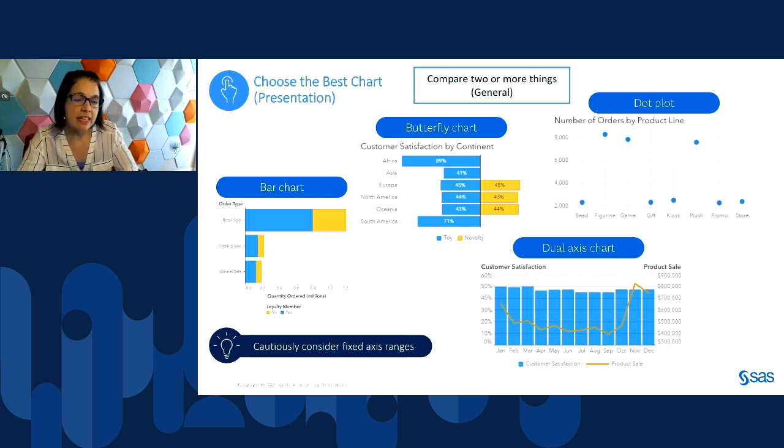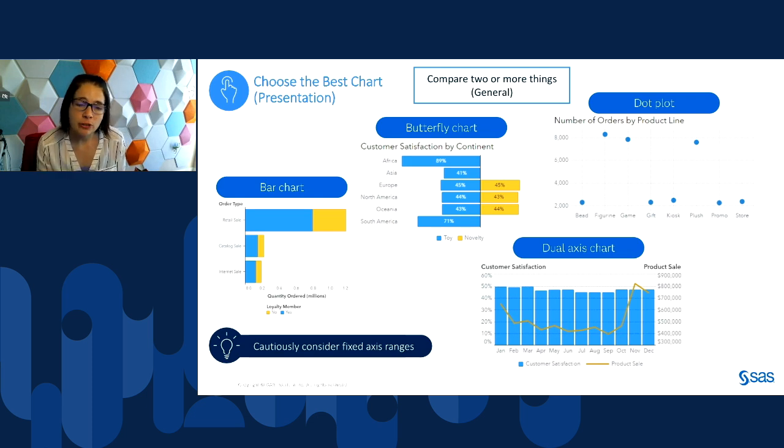One other thing to keep in mind is that users of sonification might benefit from fixed axis ranges. What that means is those users would come into a chart and they would hear different tones depending on where the values are in the chart. So if the axes are fixed, those tones will differ based on their position.